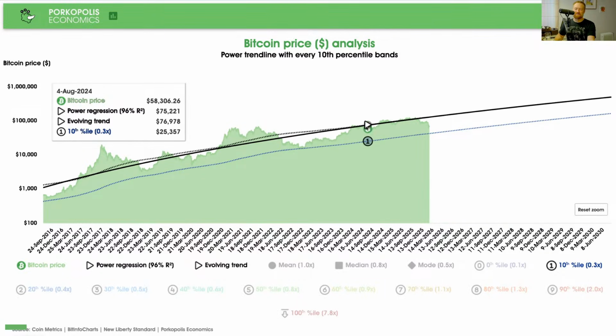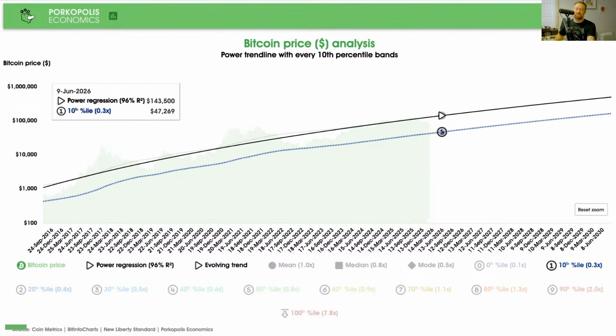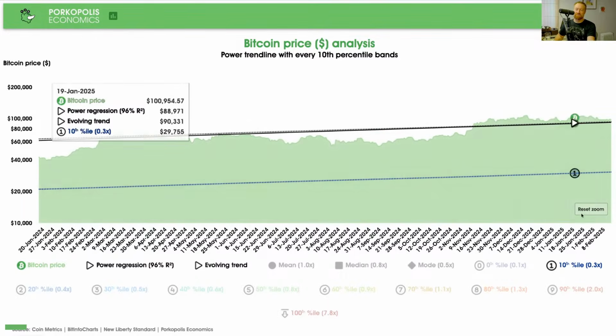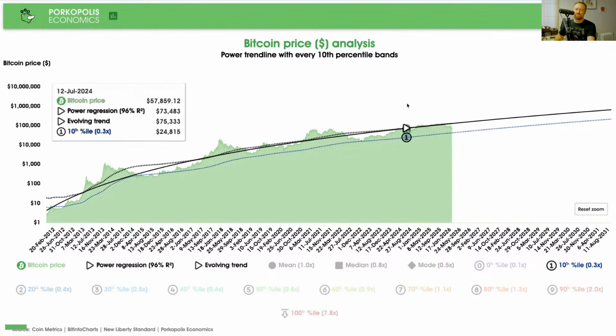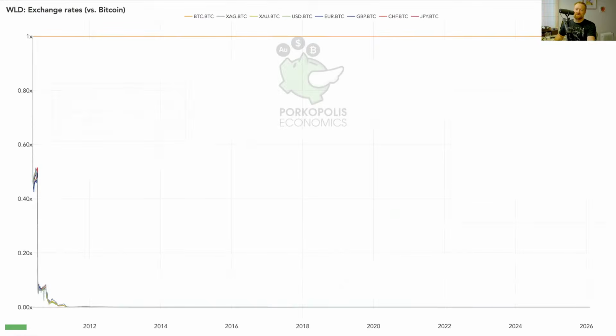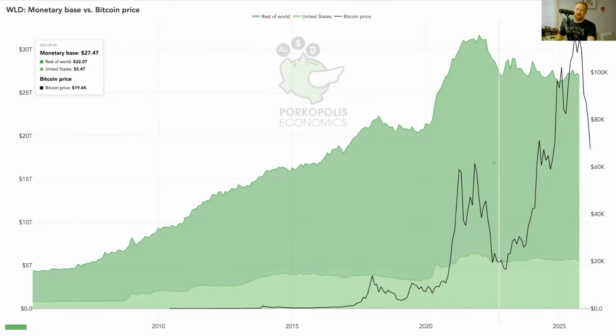It's less precise because if it was a straight line in log linear space, it would be more precise, but I've talked about that before. But it's a guide, right? So maybe you could get down to 40, 50, but that would be just an absolute bottom. So again, in the interest of not panicking and just knowing where we are, assuming we close February at the same price we have right now, 67K.